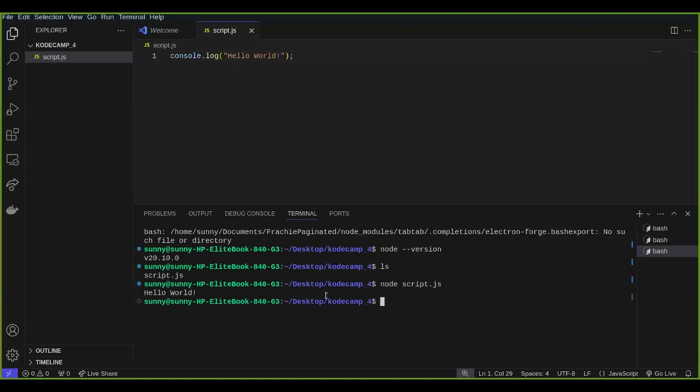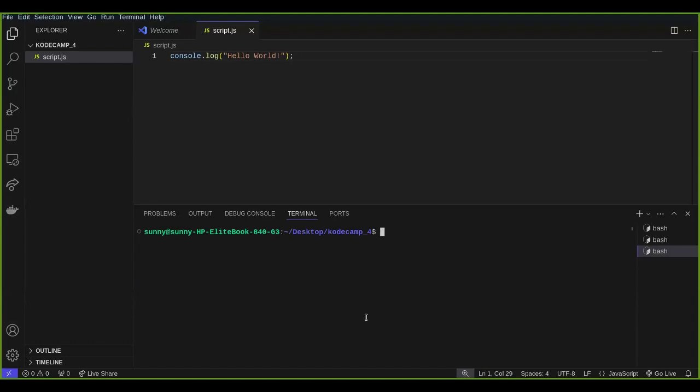So now, if I've written a lot of commands here and I want to clear it, this is another command here. I could write clear and press enter. So that clears out my terminal, and then I can decide to execute the script again. Now, instead of writing node script.js, I can use the up arrow on my keyboard to go to the previous commands I have run.